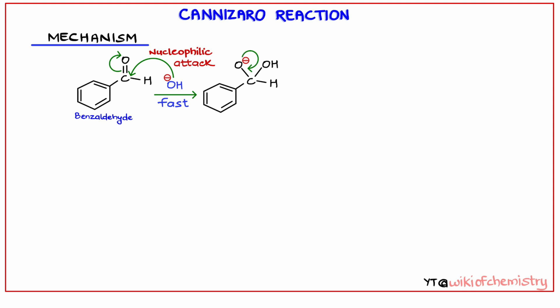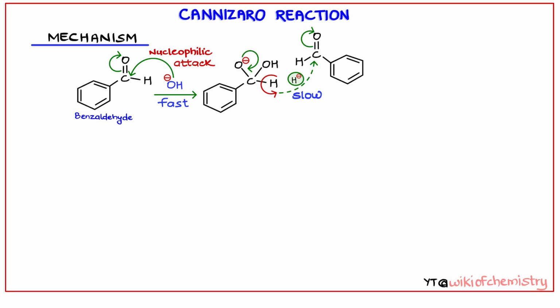Okay, in the next step, the negative charge over oxygen shifts back between oxygen and carbon and hydrogen leaves the complex as hydride ion. While it leaves the complex, it attacks carbonyl carbon of second molecule. Here we are doing attack on benzaldehyde itself, hence it is an example of simple Cannizzaro or self Cannizzaro. Due to this attack, again the bond pair electron shifts over oxygen. Now, this migration of hydride to another molecule is the slowest step in this mechanism and hence is the rate